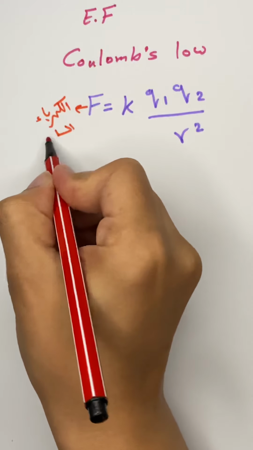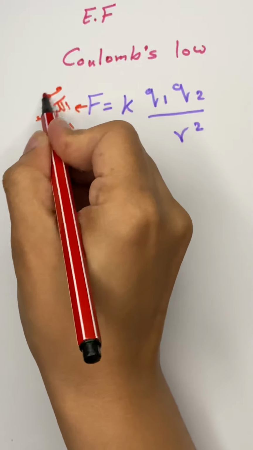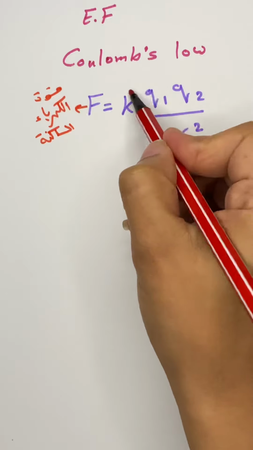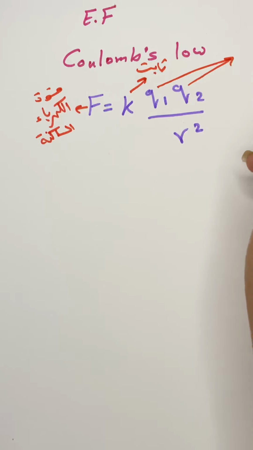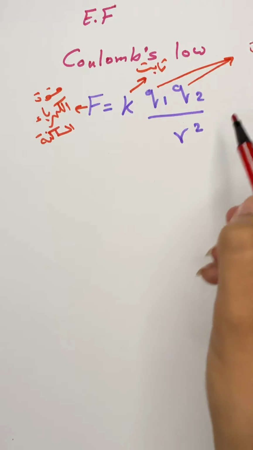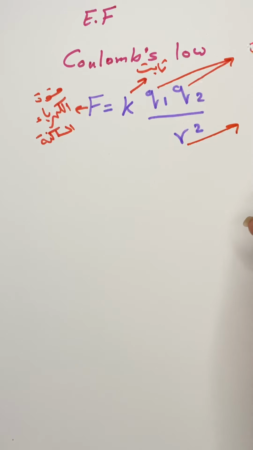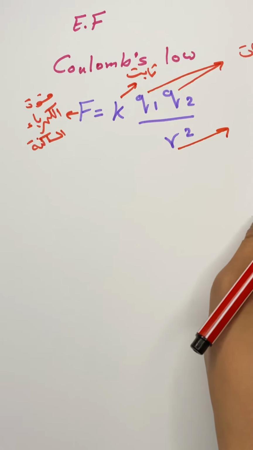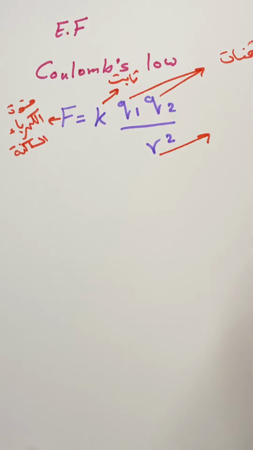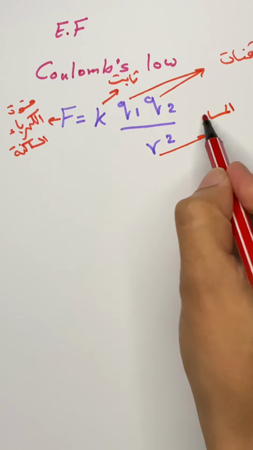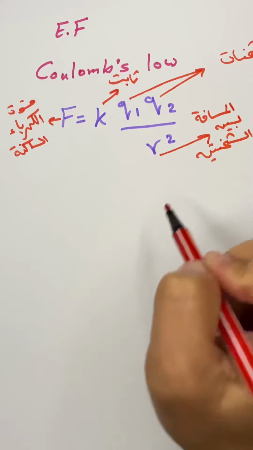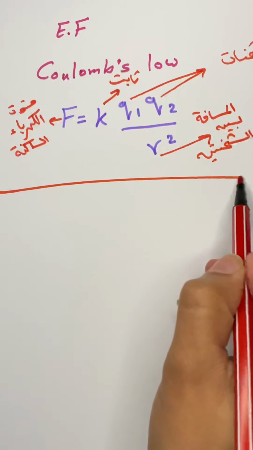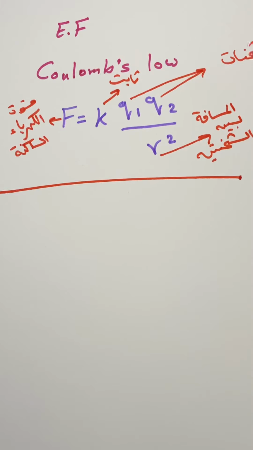K is a constant. Q1 and Q2 are the charges. R squared is the distance between the two charges. So this is the most important thing that you have to know, and you must know that if we use Newton,